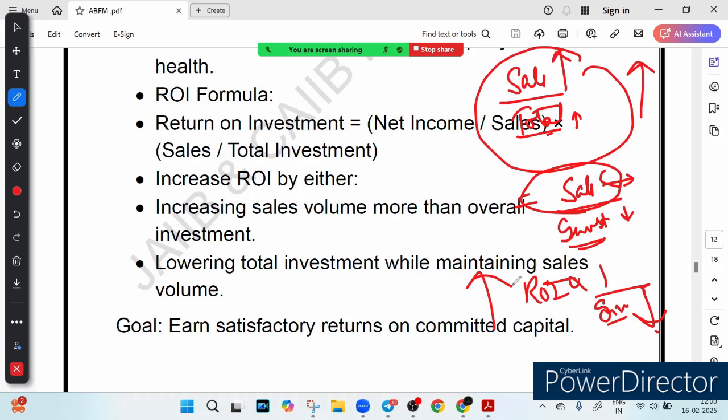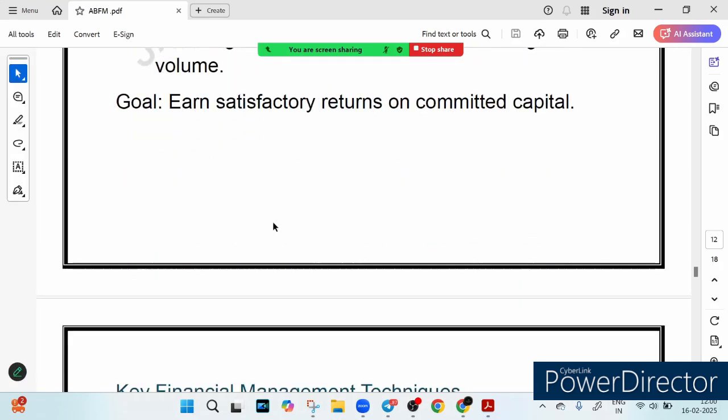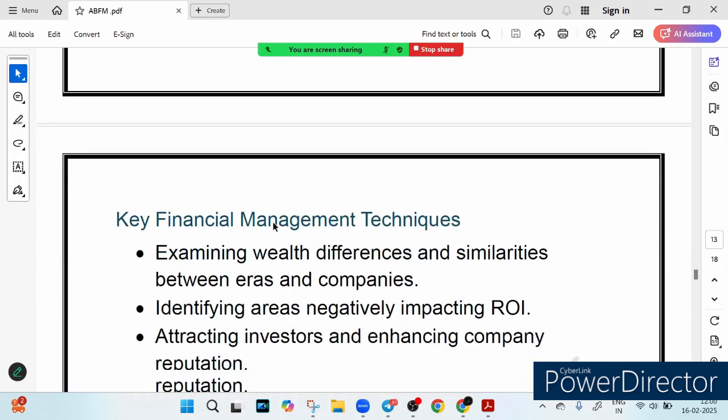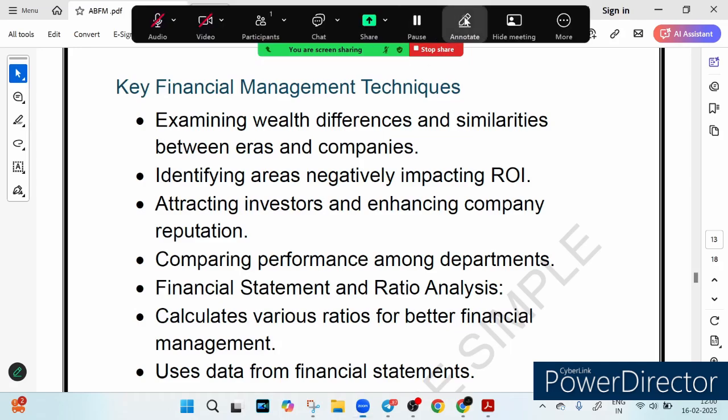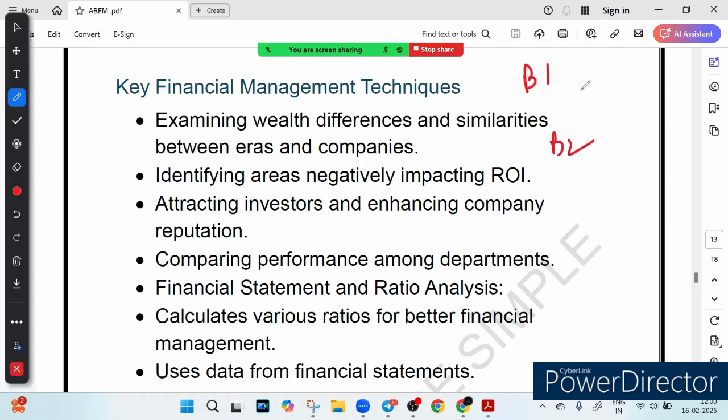So why is this ROI important, right? The ROI is important because it helps the company check financial health. It ensures investment brings good return. It attracts investors by proving the business is profitable. Think of it this way: suppose two banks invest rupees 5 crore in a new ATM, this is bank 1 and this is bank 2. This invests 5 crore, this also invests 5 crore in a new ATM. But one bank earns more from it, so that means they manage their investment better, right?